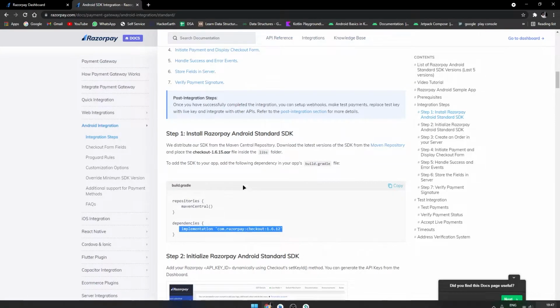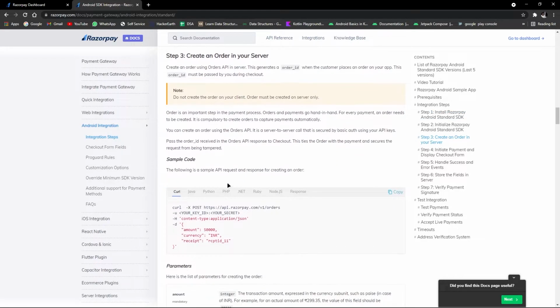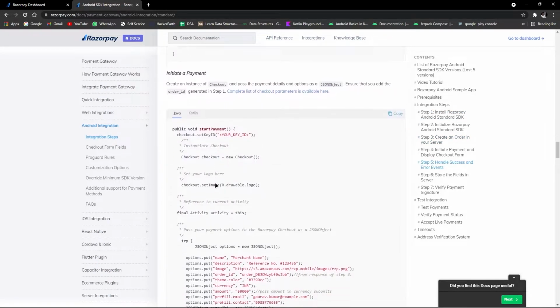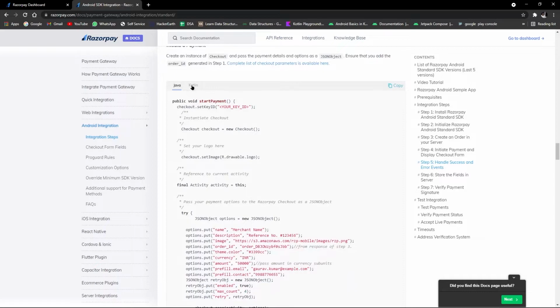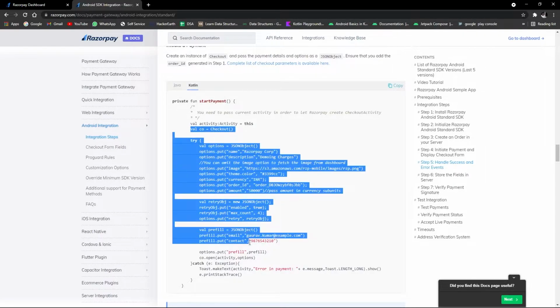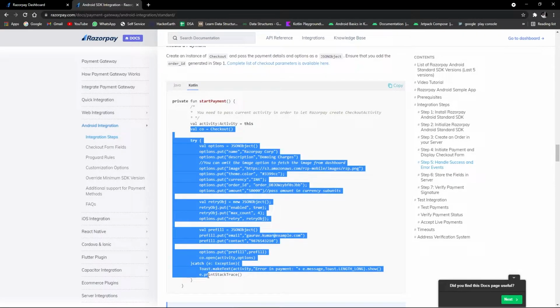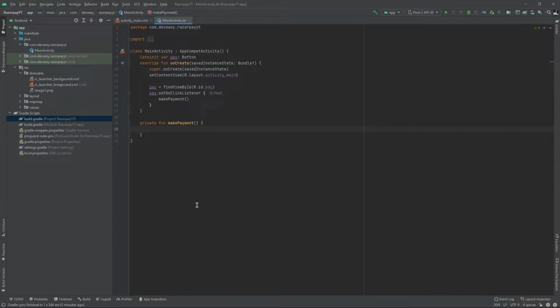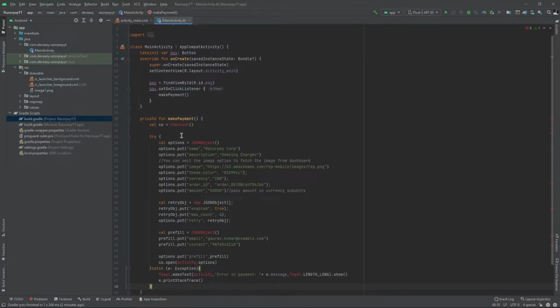So we'll go to our documentation here, and when we scroll down, we will get this here, and we'll go to Kotlin, and these are the things we have to paste inside. So let's paste this here and then I'll explain it. So we'll paste it here.